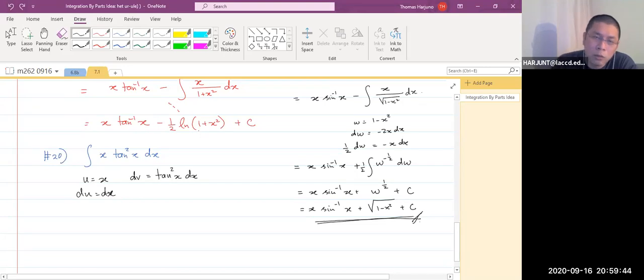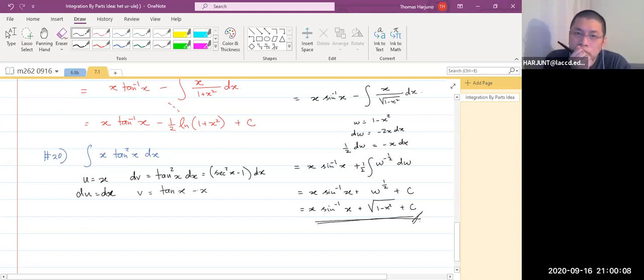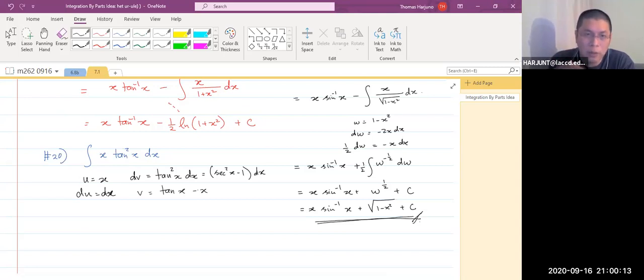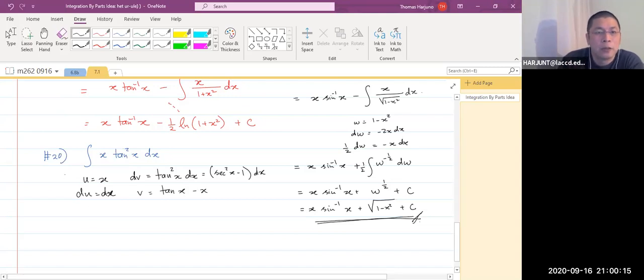To integrate, there's no integral for tangent squared x though. So I will see this as secant squared x minus 1 dx, such that the integral of that will be tangent x minus x. Am I right? The derivative of tangent is secant squared, right? Okay, then I get this is equal to